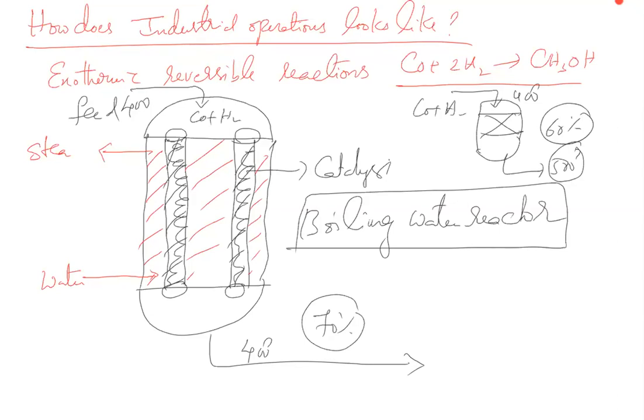So the hot spot is, there is some hot spot formation in this type of reactor if we were not removing the heat. Here there is no chance of a hot spot because you are removing the heat, because water goes in and steam comes out. That means the water gains the heat and comes out as steam. That is how the heat removal happens from the tubes to here. So heat transfer from the tube. This is how a methanol reactor looks.